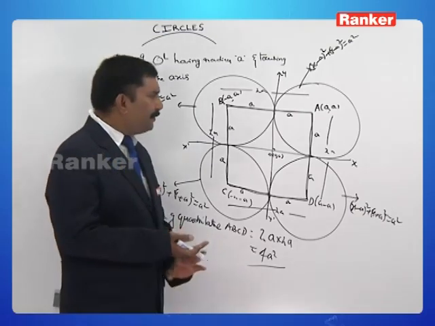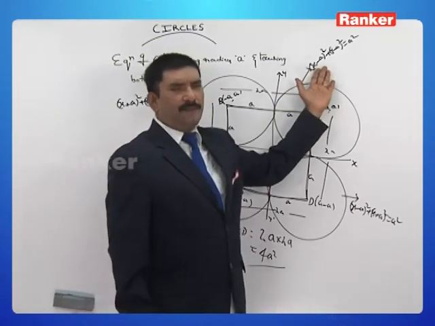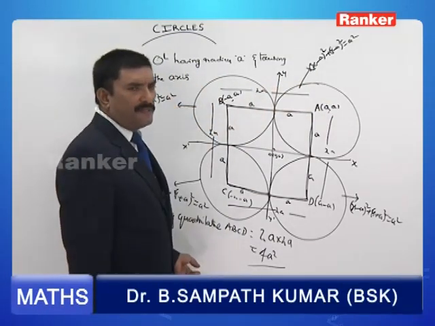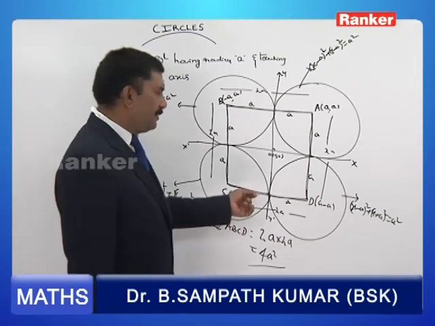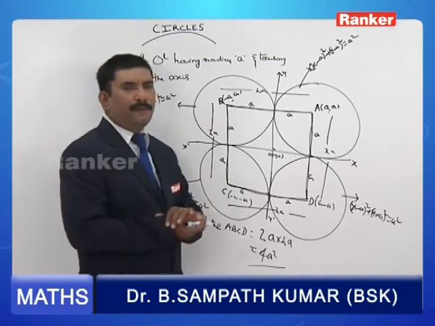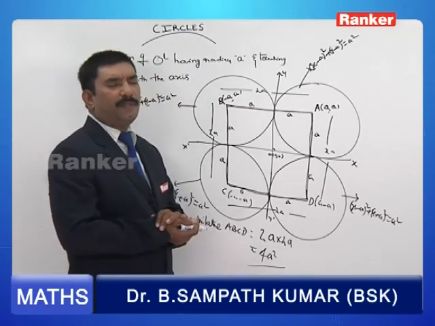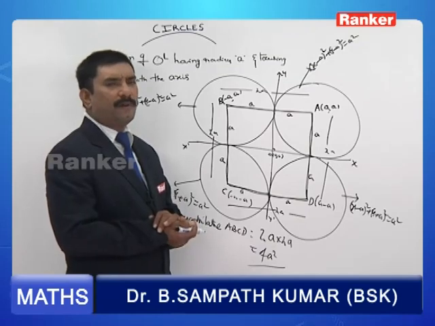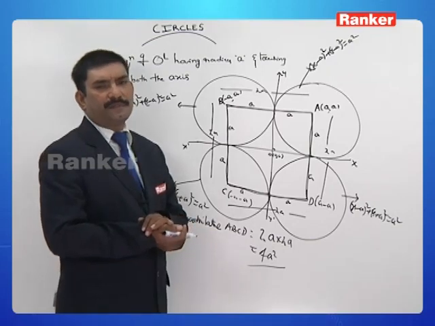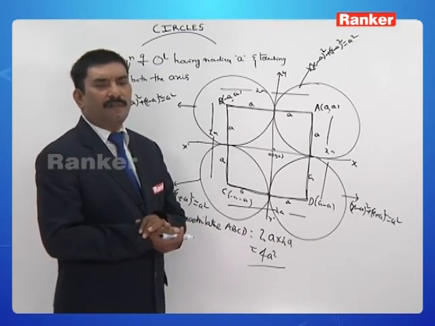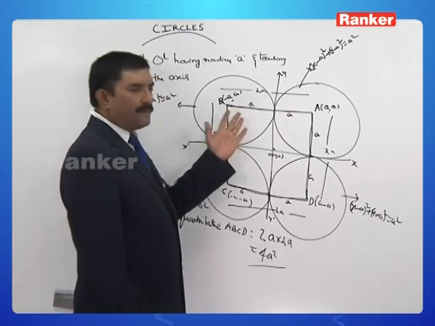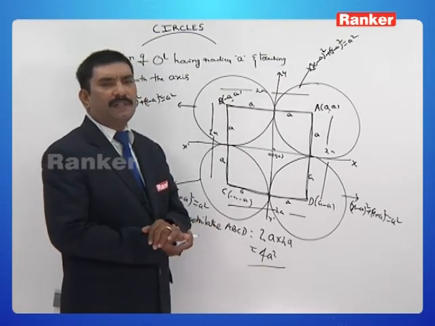So this is the equation of the circle touching in the first quadrant. This is the equation of the circle touching in the second quadrant. This is the equation of the circle touching in the third quadrant. This is the equation of the circle touching in the fourth quadrant. So if you know the exact position, by knowing the radius and the respective quadrants, you can easily calculate the equation of a circle touching both the axes having the respective radius, and also the area of the quadrilateral formed by joining the centers of